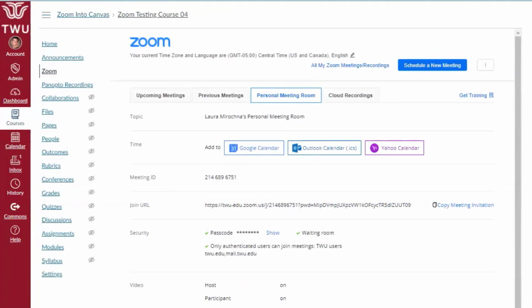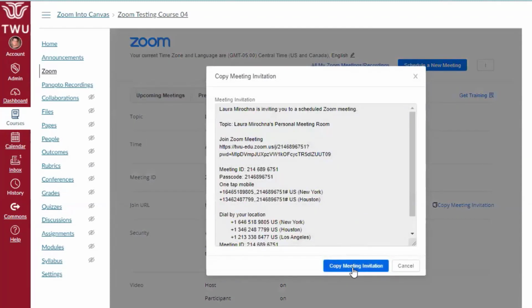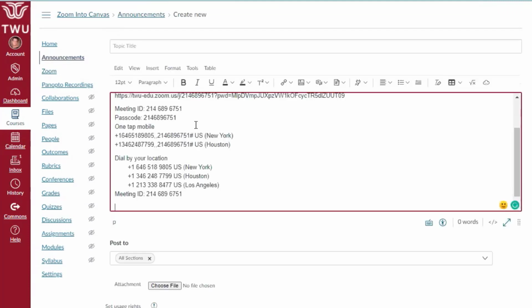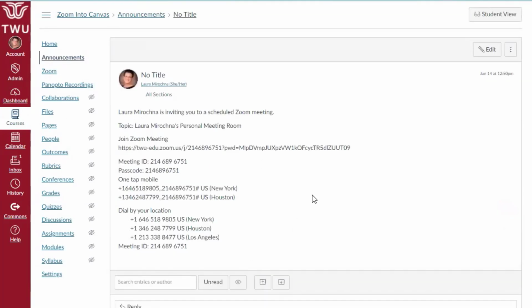Using the Rich Content Editor, you can create an external link to a Zoom meeting. Several features in Canvas support the new Rich Content Editor, including announcements, assignments, discussions, pages, quizzes, and the syllabus. If you need help, review How Do I Create Hyperlinks to External URLs in the new Content Editor as an instructor. When you click Copy Meeting Invitation, then, for example, let's go to Announcements, create a new announcement, and paste. Click Save. And now our personal meeting room invitation is available in the announcements. Remember, this is our office hours link, not a course link.